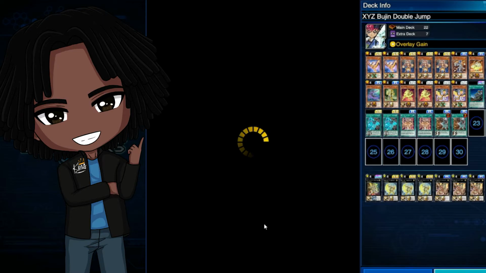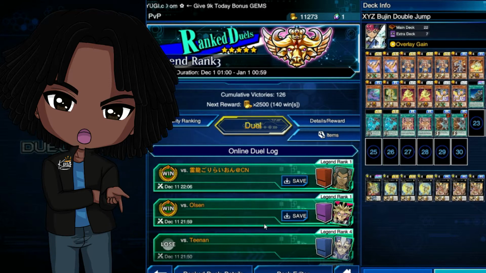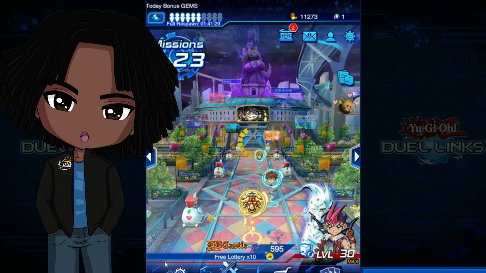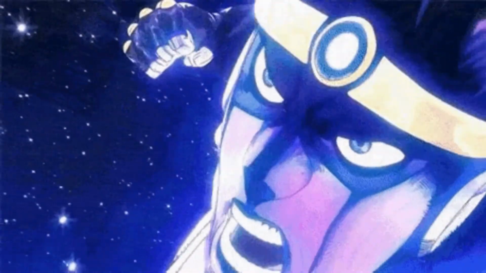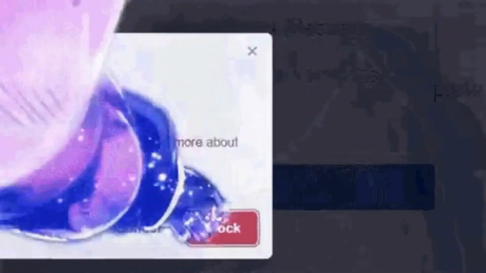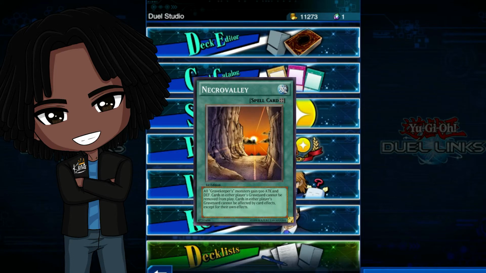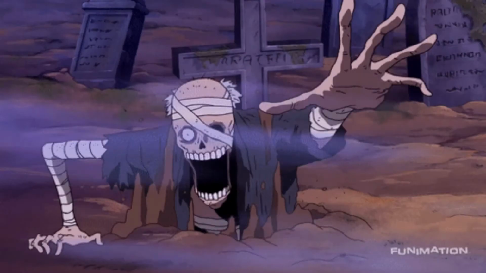Now, I should say that when I say Necrovalley, well, Necrovalley is the key card that we're going to be talking about today, but that's not exactly the whole picture. Necrovalley is basically the poster child for any card or effect or just deck type that negates your opponent's graveyard. So when I say Necrovalley, I don't just mean that specific card. What I'm really saying is, what do the Bujins do when they're stacked up against a deck that negates their